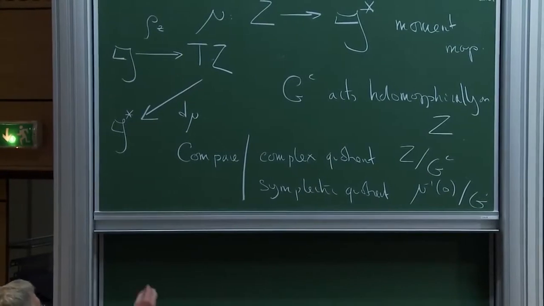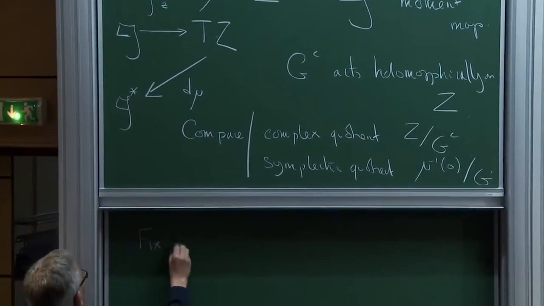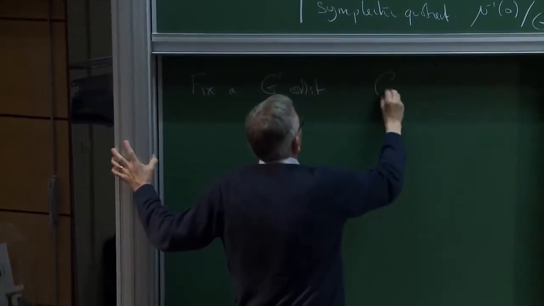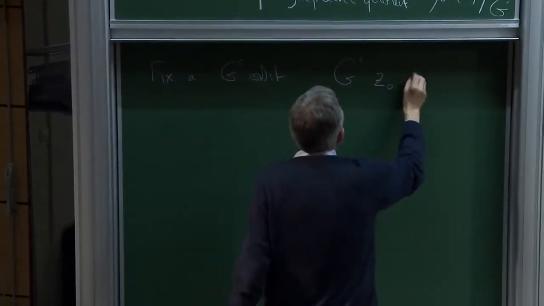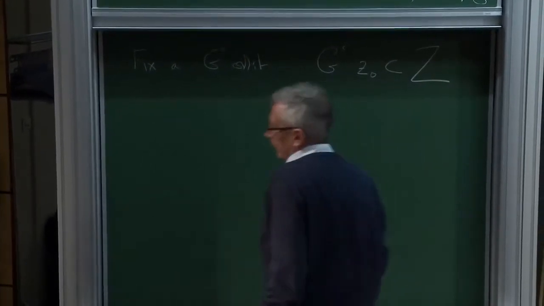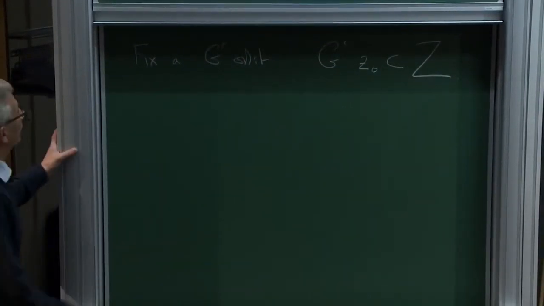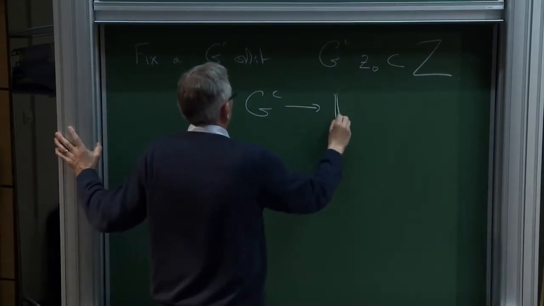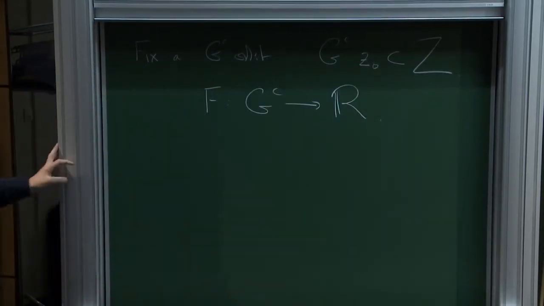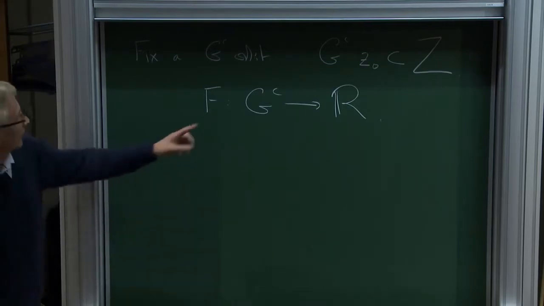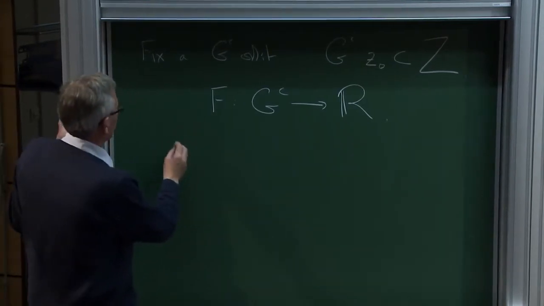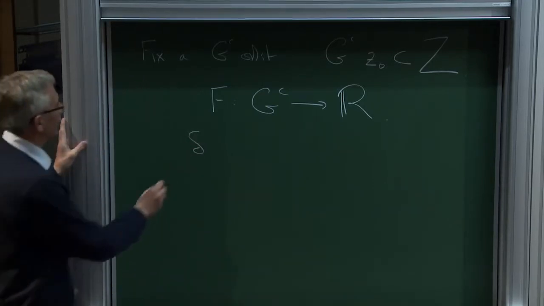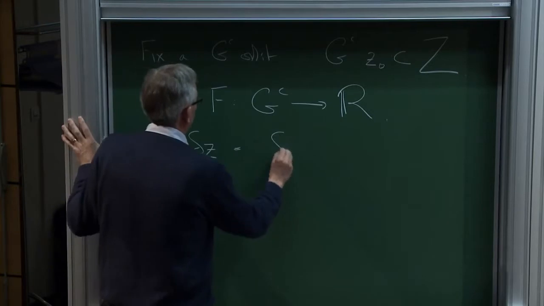But just to say, in this situation, there's always a certain convex function which is relevant. So fix an orbit, fix a G_C orbit, let's say G_C times some Z naught in Z. Then we can define a function, unique up to a constant, defined by its derivative. That if I, let's use the following notation, if I make an infinitesimal change in Z, given by